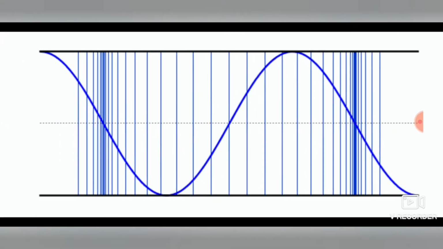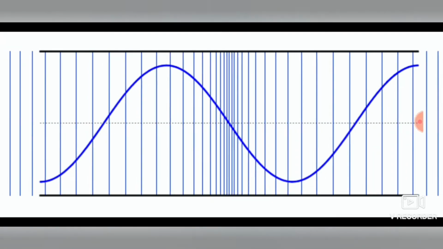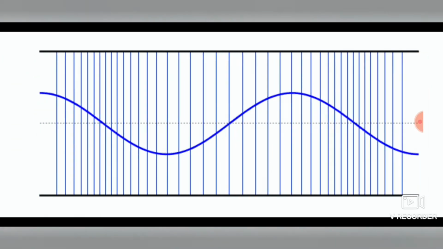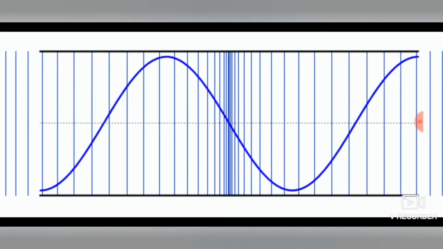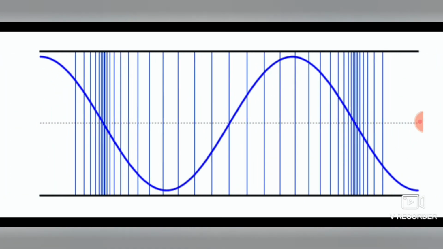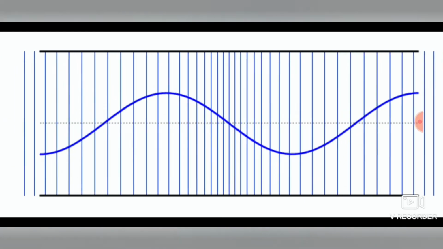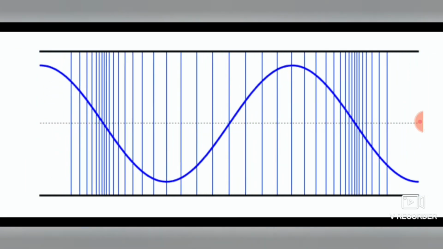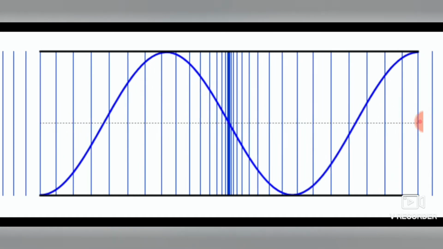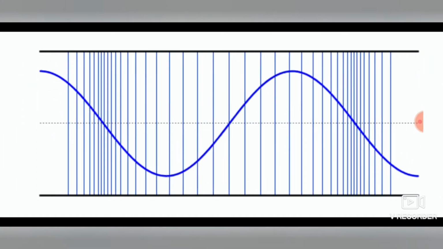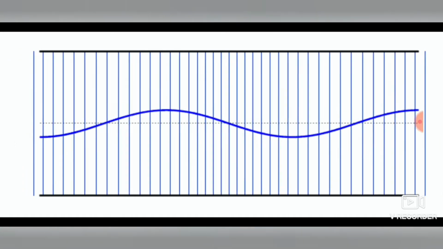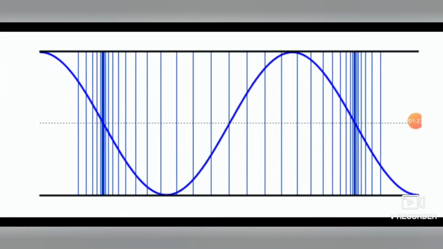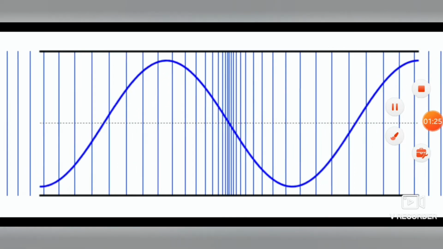Now let us move to the third one. In the third one, the vibrations are like this. This is the third fundamental frequency, and here also if you count the antinodes, we have 1, 2, 3, 4 antinodes, and we have 3 nodes. So in this, the number of antinodes is greater than the nodes by 1. So these are the fundamental frequencies in an open organ pipe. Now let us move ahead to the next topic.